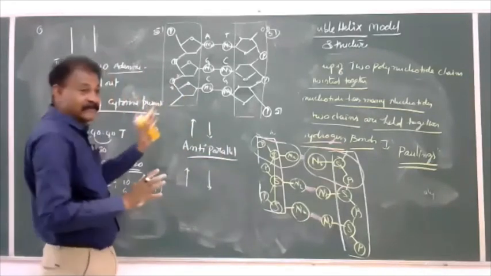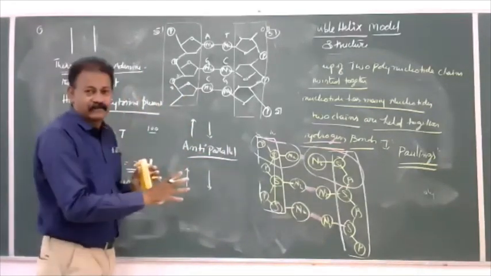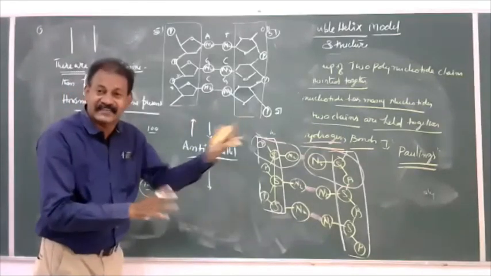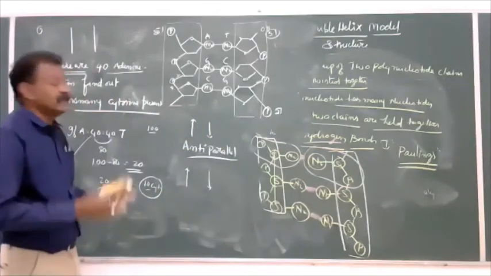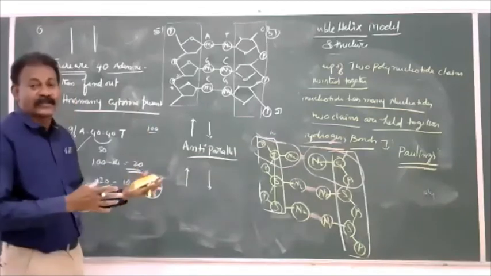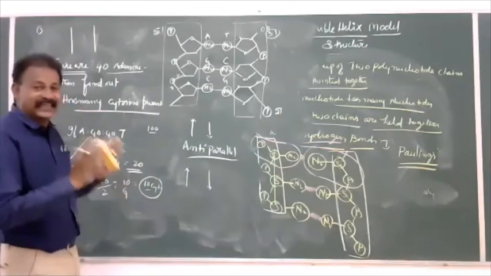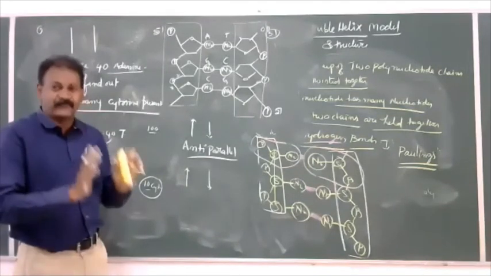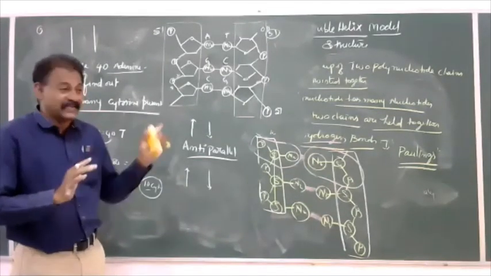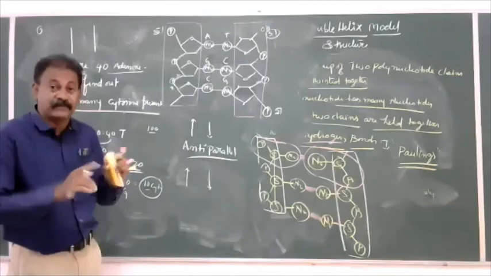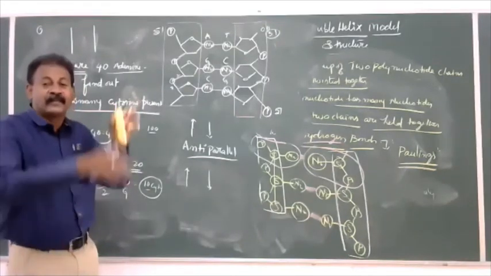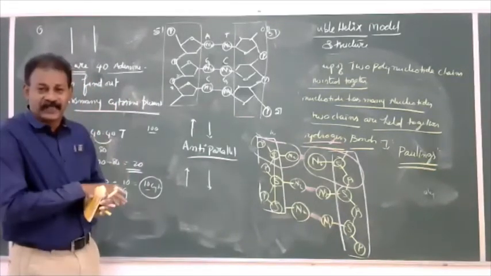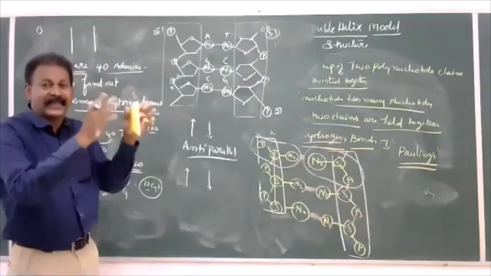So here, according to the double helix model of Watson and Crick, what did they want to say? They showed the world, and they got the Nobel Prize, that DNA is a nucleic acid. It is made up of a polymer of nucleotides, or polynucleotide. It is not made up of a single chain. It is made up of two chains which are moving opposite to each other, anti-parallel.